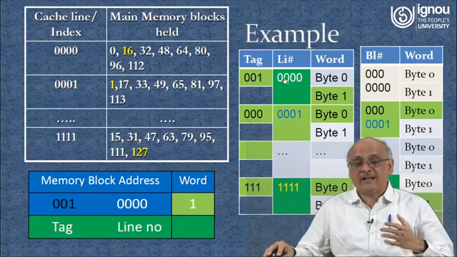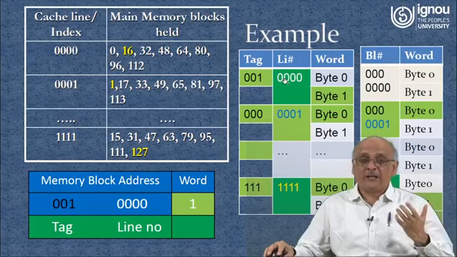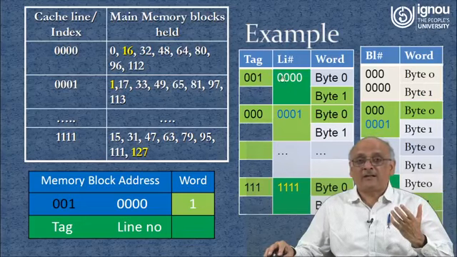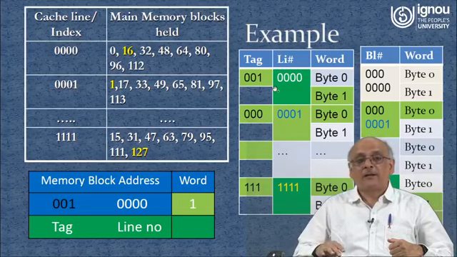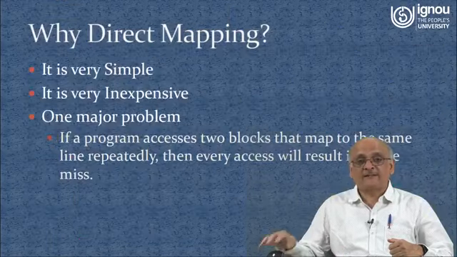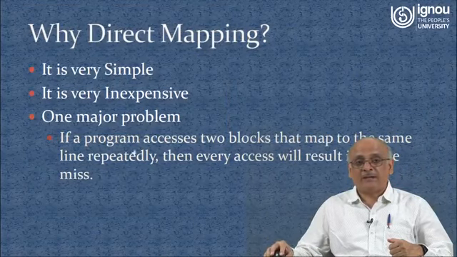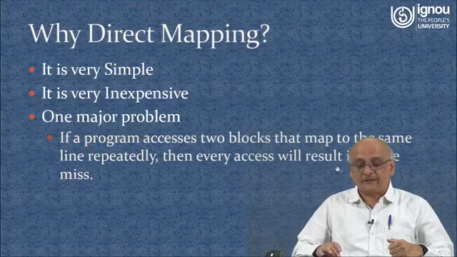If the cache hit is there, then the information is supplied, or the access is very, very fast, as fast as registers. But if there is a cache miss, then we have to bring that content from the memory. So obviously it is slower than actually referring to the cache. So this is how the overall access scheme works for direct mapping, and the problem associated with it.